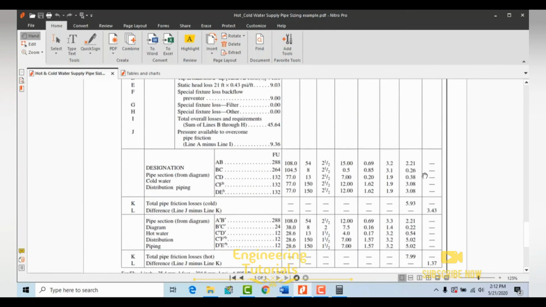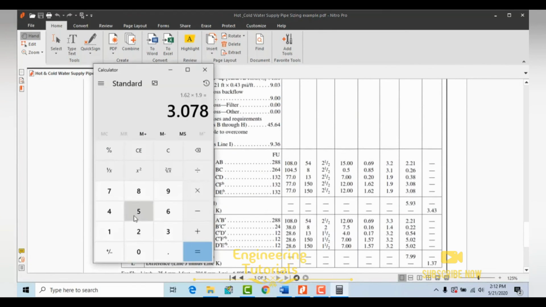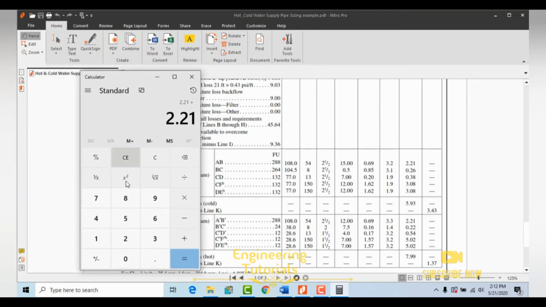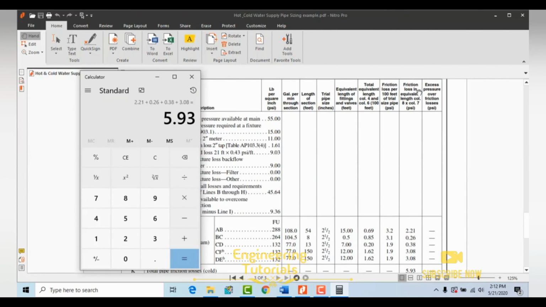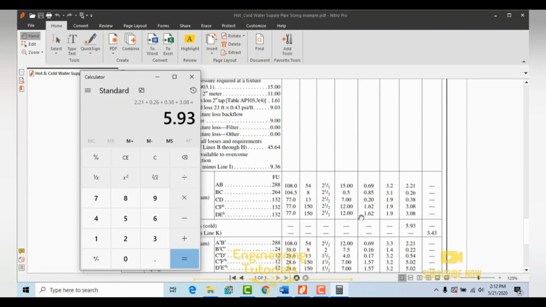So A to B, that is 2.21, plus B to C is 0.26, and then C to D is 0.38, and then D to E to the most remote outlet, that is 3.08. So 5.93. So as you can see, the friction loss in equivalent length is 5.93 over here for the cold water piping,